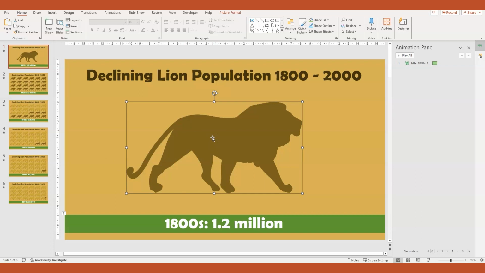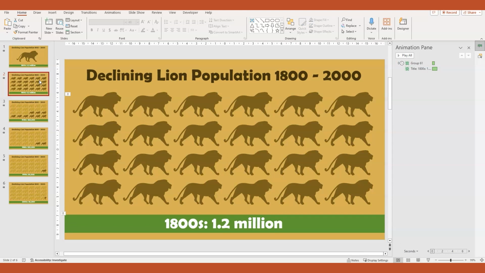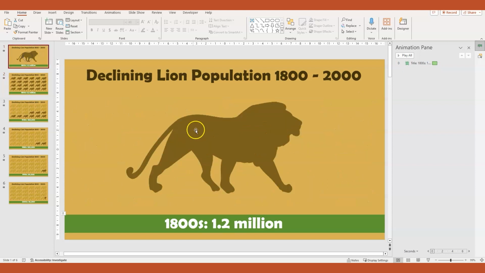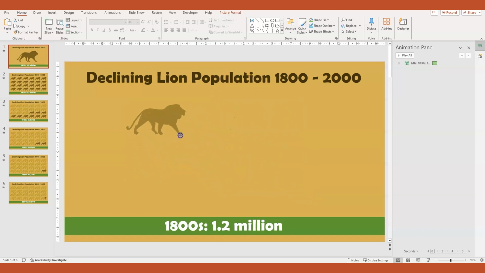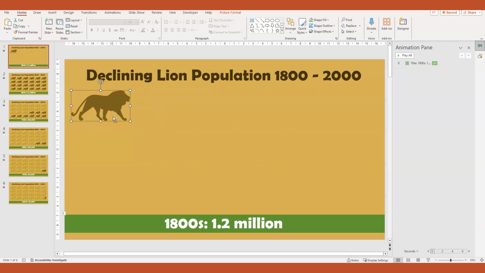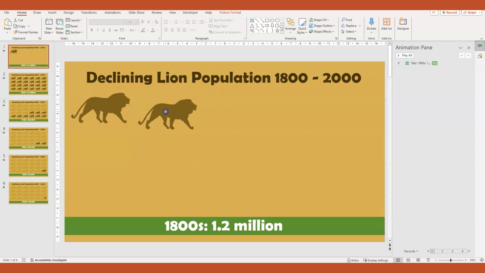And the next thing we need to do is to duplicate that image. If you look at the first slide in the sequence, you can see it's made up of 24 lines, each one representing 50,000 lions in the population. So first thing to do is obviously to shrink down the lion roughly to the size we need it, move it up to the top left, hit Ctrl D to duplicate it, and then move this into the position you